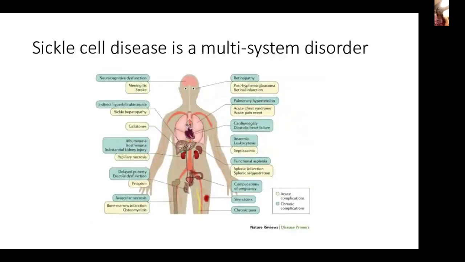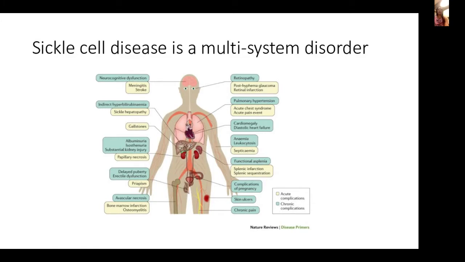So just to reiterate, sickle cell disease, although it causes anemia, is just the tip of the iceberg. It really is a multi-system disorder. If you think about any organ in the body, there will be a factor in that system that is affected by sickle cell. So neurocognitive